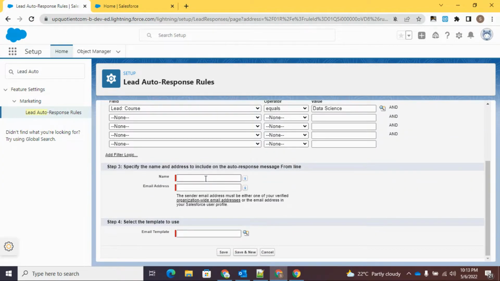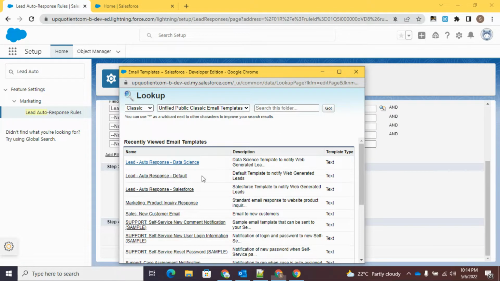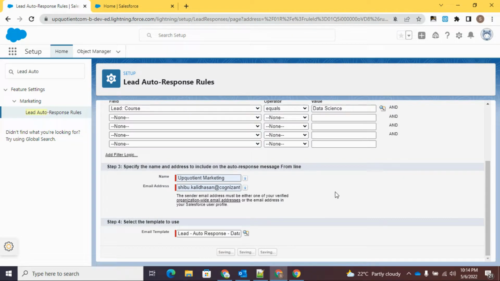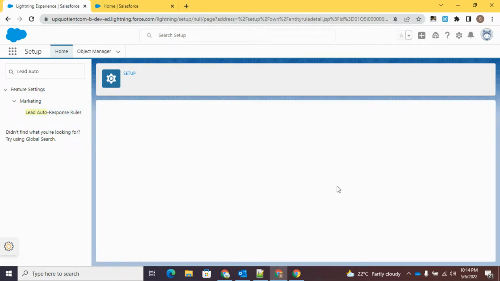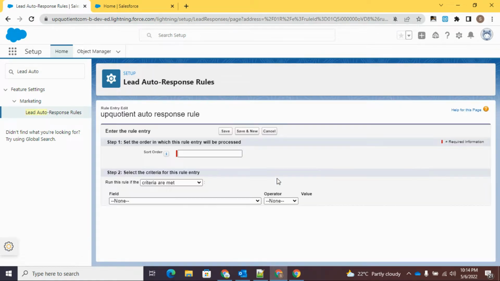Okay, and it's going to be marketing again. It's going to be this email, and the template is different. It's going to be data science template. Click on save. And as a thumb rule, when you create this, you could also create something for the